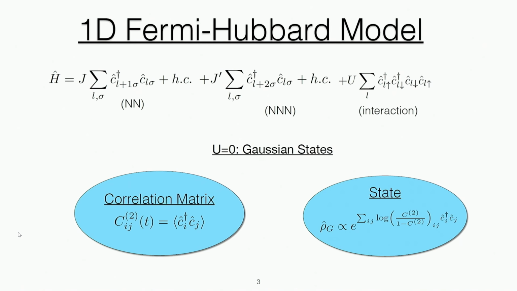And so this is very nice, because if the physics you want to study is contained in the two-point functions, then the Gaussian states provide a very flexible toolkit that allows you to study dynamics. However, if the physics is contained in higher order non-Gaussian correlations, then you have to push the Gaussian state formalism further. And this is what we're going to be doing.